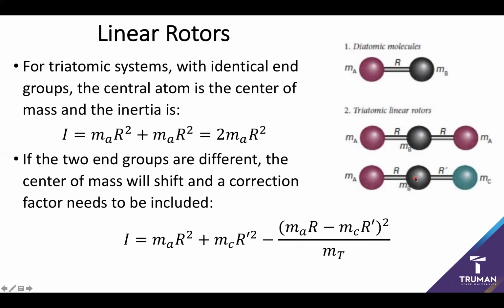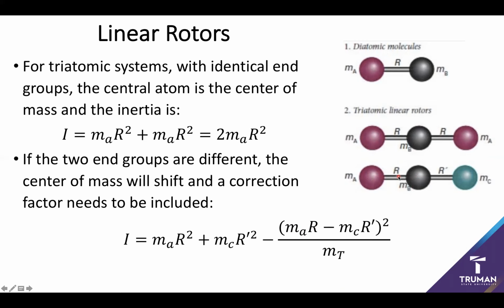So what we say is that if atom A is heavier than atom B, then we'll have an extra correction factor that accounts for the center of mass shifting towards that mass A, which is, by the way, going to always